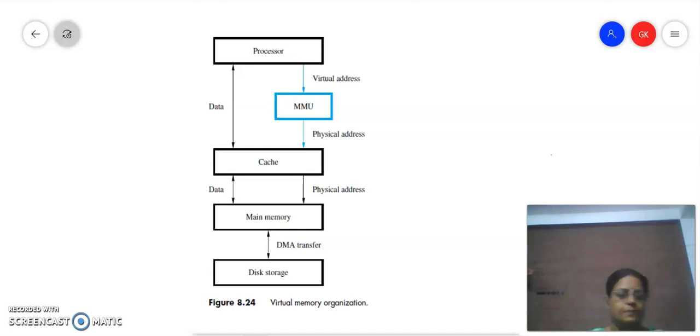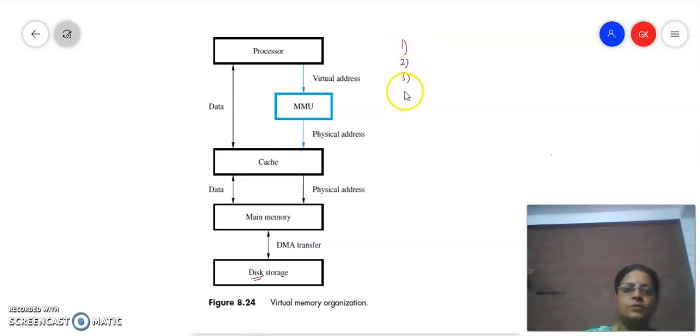So as a user, when we write a program, it is saved in the secondary storage, and this program available in the secondary storage has to reach the processor across different levels. We are going to see how the memory is organized in different levels. And before that, we know that the CPU executes the instruction in four phases.